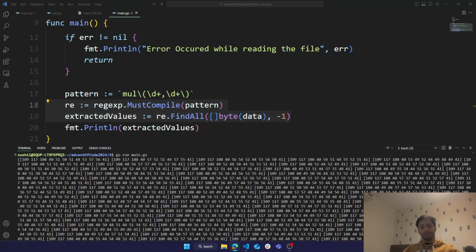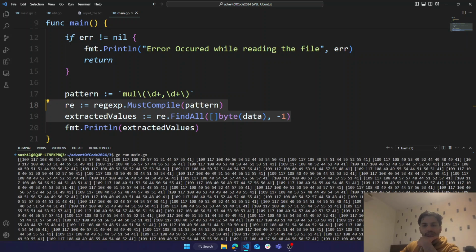See what GPT has to say about that expression. Just the expression, not the answer. Using the regex package to extract all matches of a pattern from a given data. So let's break it down. To be honest, maybe it'll break down the actual final code, and that's what I need. Compiles the regular expression pattern. So that is the must compile.